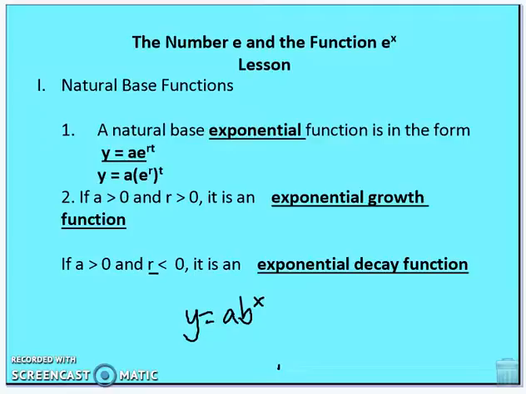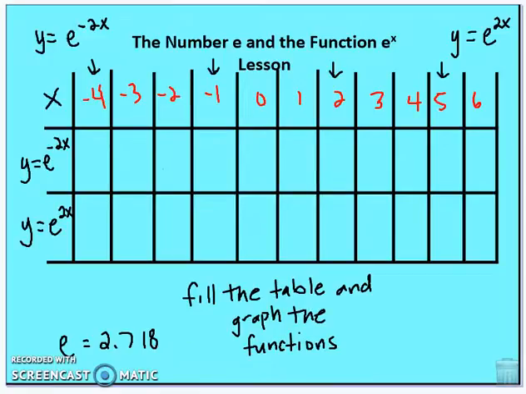Where we have r less than 0, which means a negative exponent applied to e, then we end up with a fraction, so to speak, or a value between 0 and 1 for our b, or our base, and then we end up with an exponential decay function. Right, so what I want you to do, and we'll get back to our instantaneously compounded growth model,